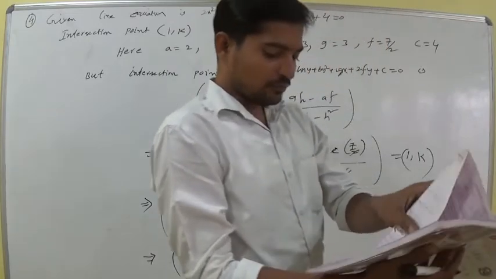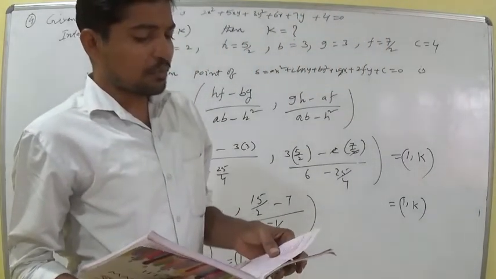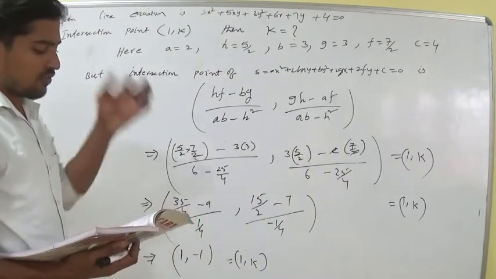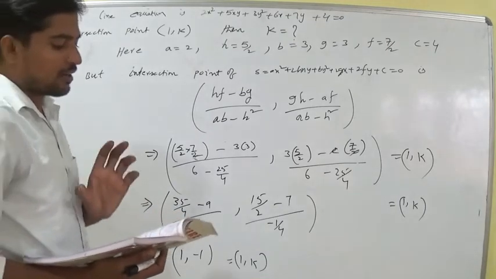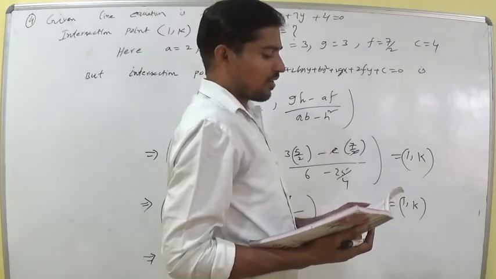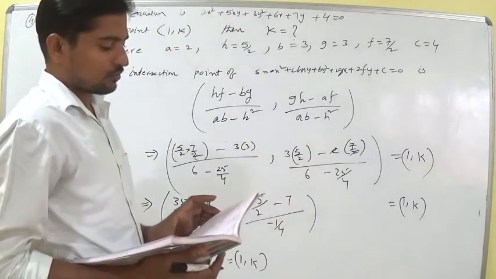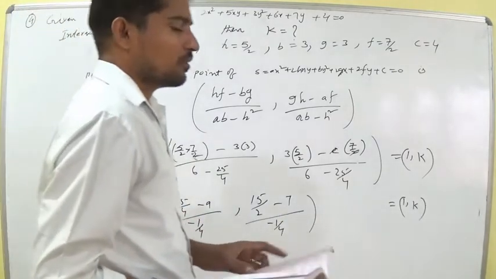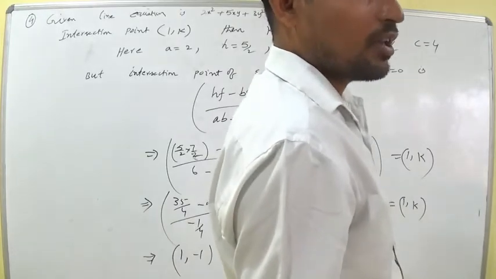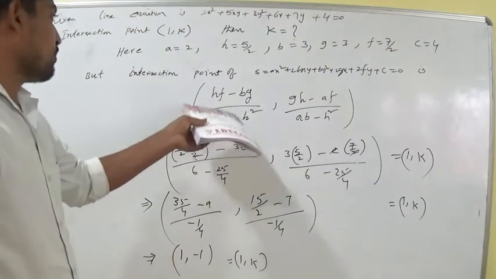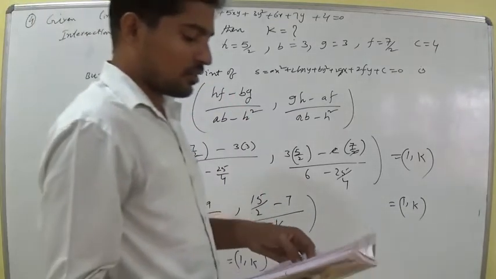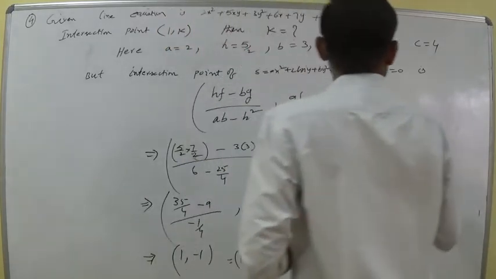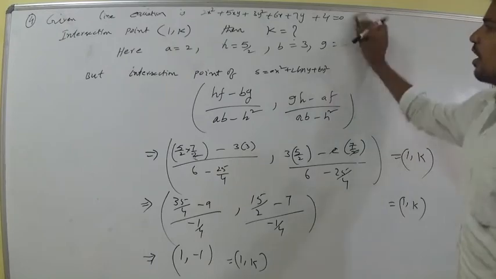Next one. The distance between the parallel lines is 0. Then find the values of l and k. The l value and k value we have to find here. Parallel lines, distance between the parallel lines. Then we have two conditions, h² is equal to ab and bg² is equal to af². The two conditions we have to use here. Then we have to solve. That also I will explain, don't worry. It is a little bit complicated.